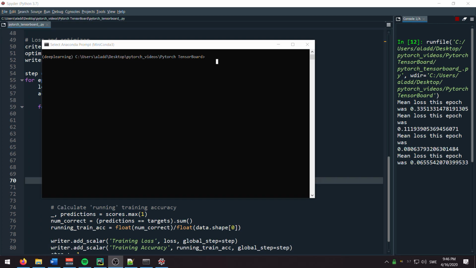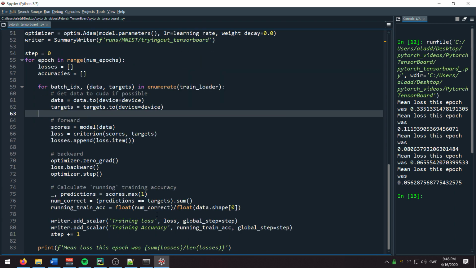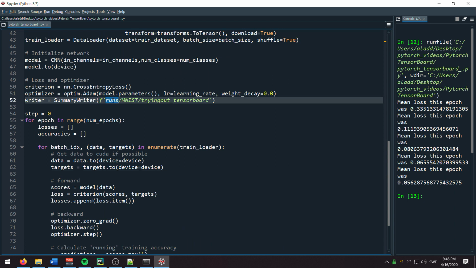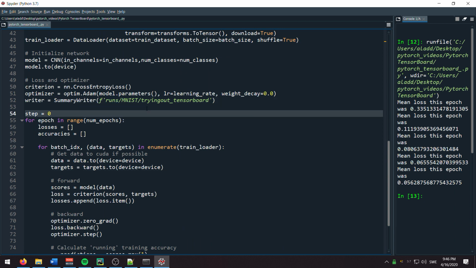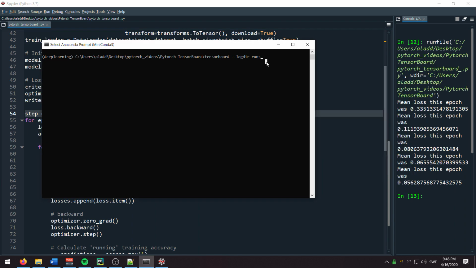So the code has run for a few epochs, and I use Anaconda. If you don't use it, I guess you just use the command line. But essentially, we move to the folder that the model is training at, and then we're going to do tensorboard --logdir runs, because that's the default folder name for where we store all of the things related to TensorBoard. But so we run this,